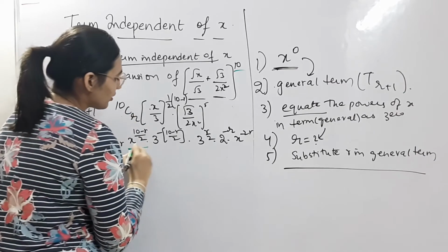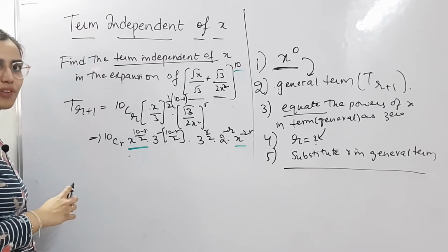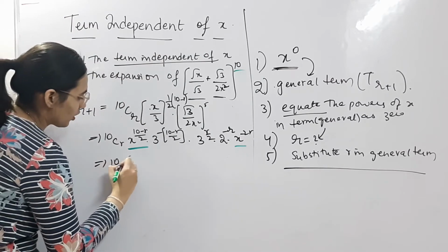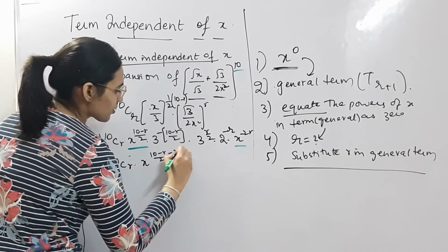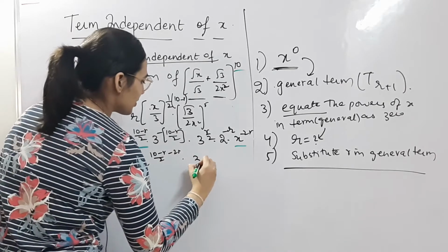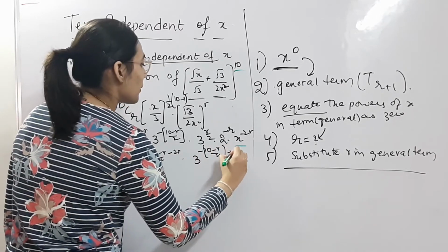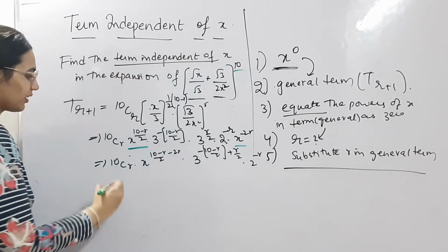Now, what are the x terms here? These two. So using the formula of a to the power of m into a to the power of n, we get a to the power of m plus n. So we'll do what? 10Cr into x to the power of (10 minus r) by 2 minus 2r, into the same here, 3 to the power of minus of (10 minus r) by 2 plus r by 2, into 2 to the power of minus r. Okay. Now